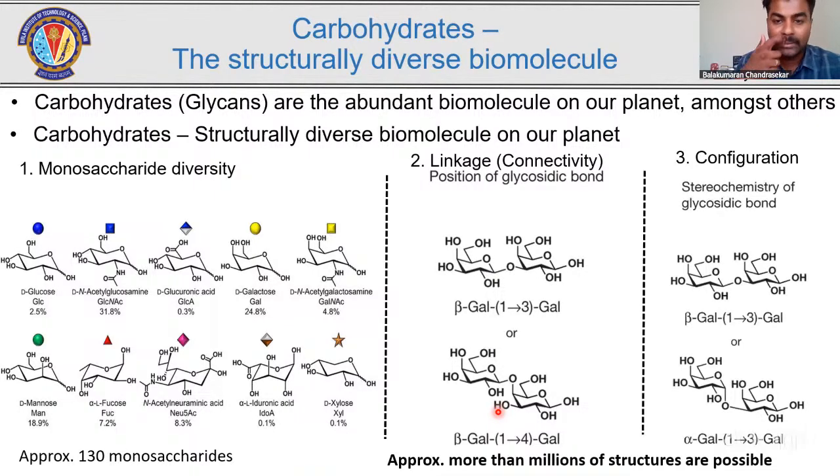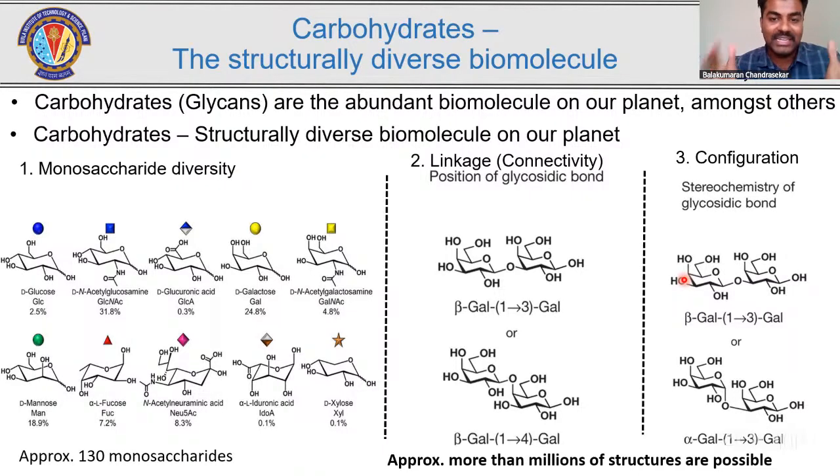The third most important reason for structural diversity in carbohydrates is their configuration. Carbohydrates can display two important stereochemical forms, or stereo structural isomers. They are called the alpha and the beta forms. Again, I'm taking two examples over here, two galactose residues linked by a 1,3 position. And you can see that now they have a different configuration. In one case, the carbohydrate is in a beta form, and in the other case, the carbohydrate is in the alpha form. You can clearly see that again, a slight structural change gives diversity in the carbohydrate structure.